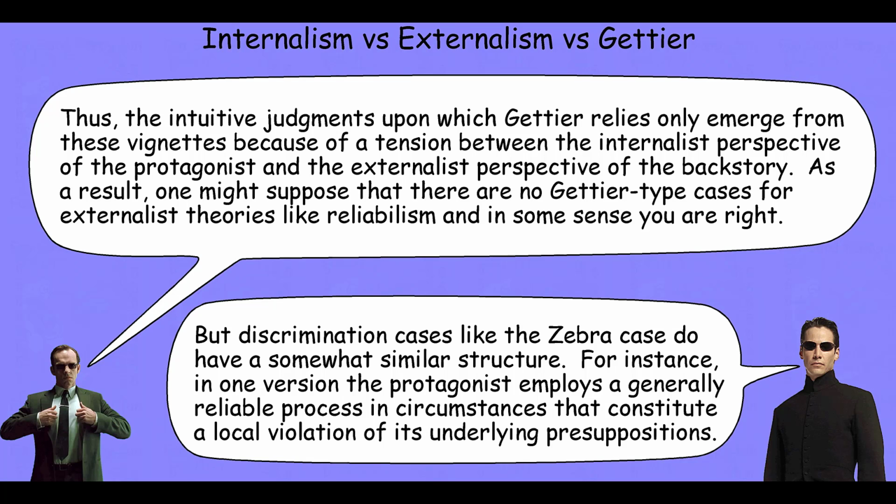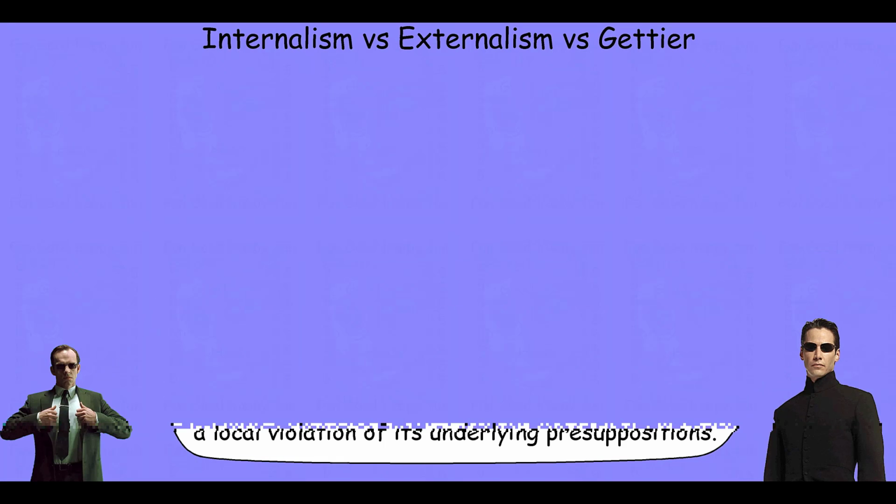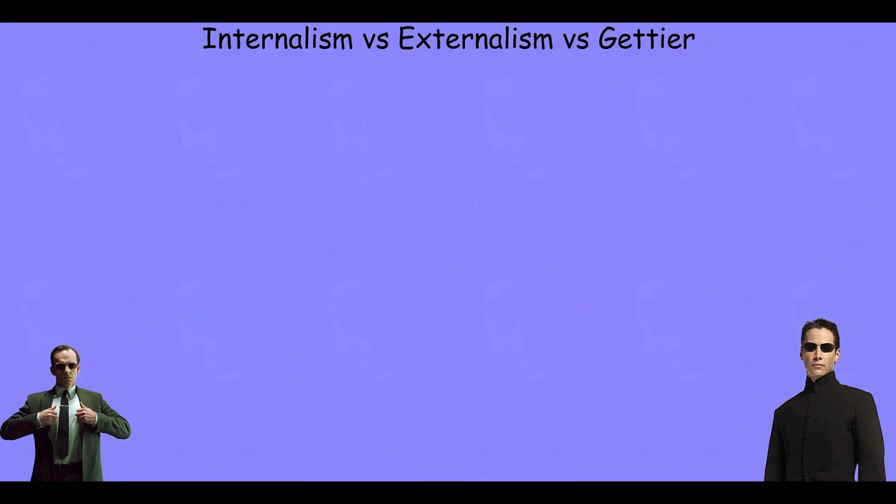In the last lecture module, we noted that the intuitive judgments generated by the vignettes that Gettier and others use exploit a tension between the internalist perspective of the protagonist and the externalist perspective of the backstory. As a result, we wondered whether there could be Gettier-type cases for externalist theories like reliabilist theories of justification or knowledge. We noted that discrimination cases that are pretty prevalent in the literature, like the zebra case, seem to have a similar structure, and so we wanted to explore whether or not they in fact were Gettier cases